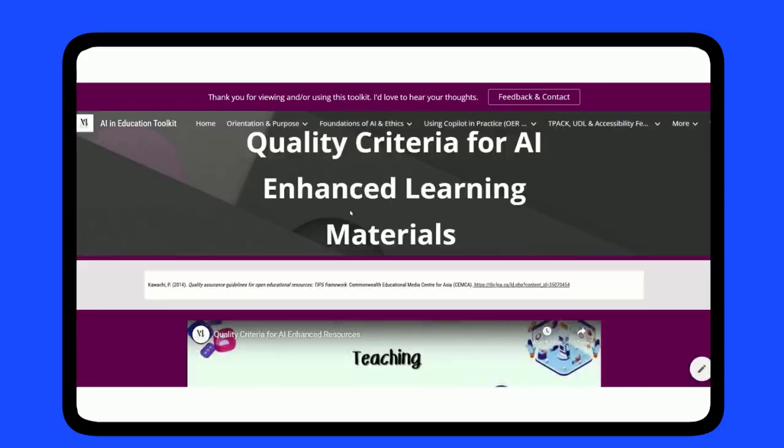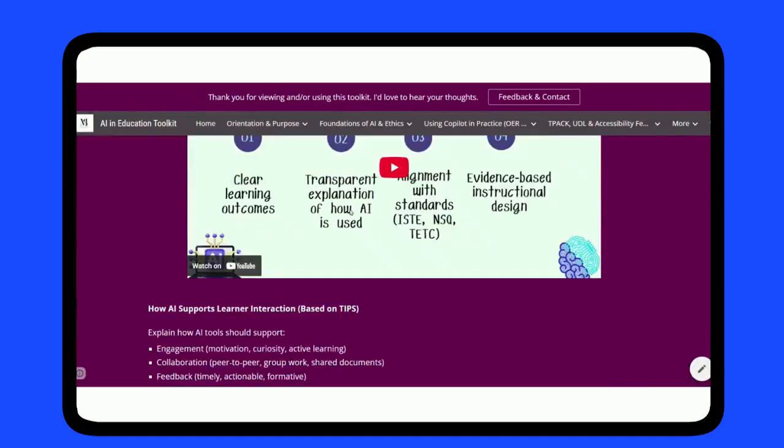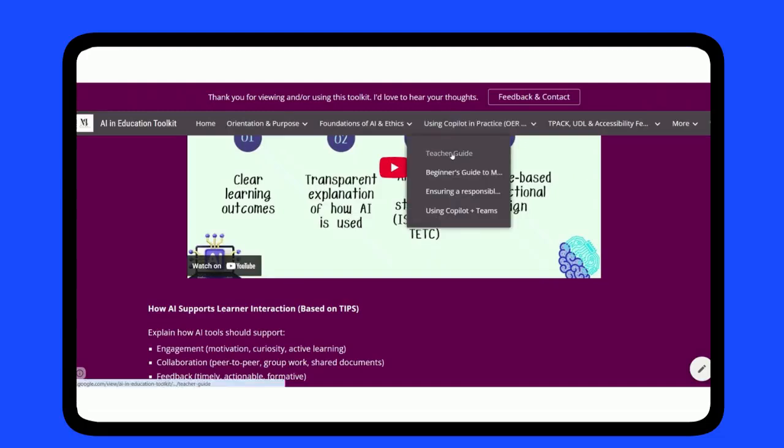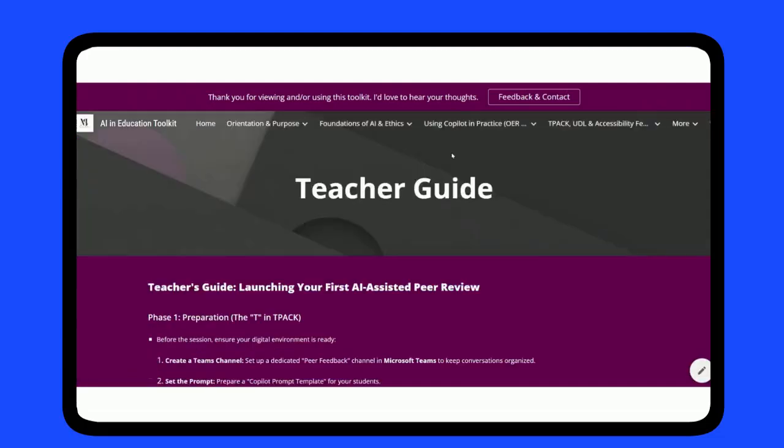AI and education. Here's some education as well. And it's multimodal. My OERs are built throughout this toolkit. So if we go to the teacher guide, I use backward design. I started with what the outcomes that the teachers needed, like rewriting, summarizing meetings, drafting agendas, things of that